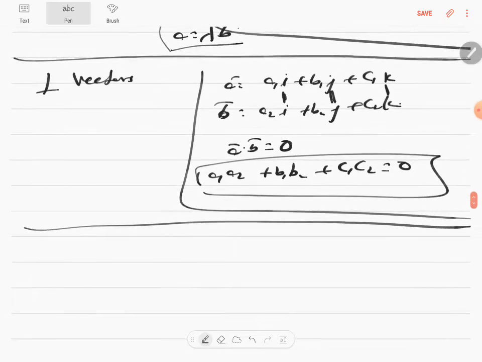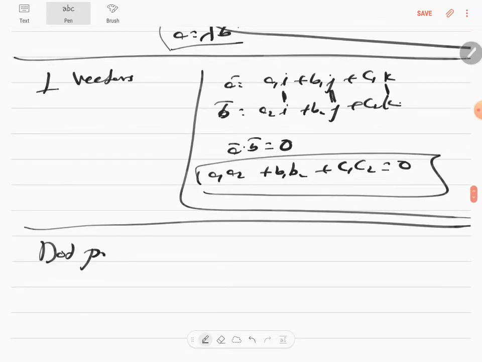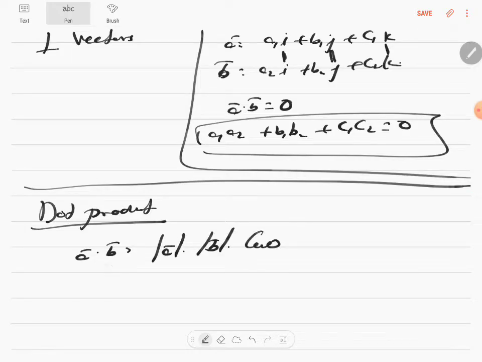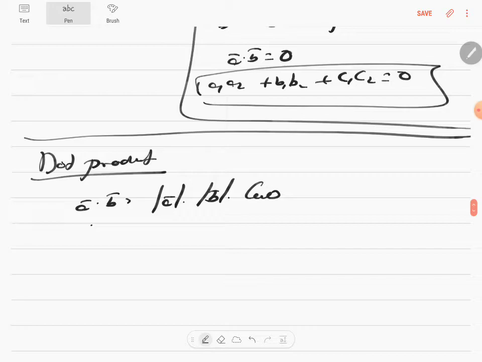Okay, now coming to what is this dot product all about? What is this dot product? A vector dot B vector's formula is magnitude of A into magnitude of B into cos theta. Magnitude of A into magnitude of B into cos theta is the formula for A vector dot B vector. So supposing they ask me to dot